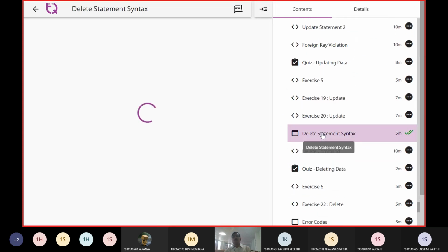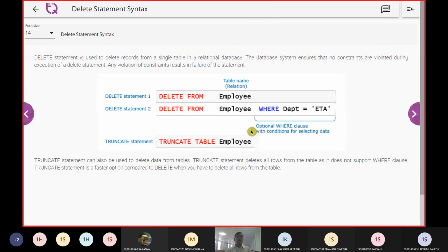The other data manipulation language command we need to look at is the delete statement syntax. So why are we going to use a delete statement? The delete statement is going to delete any type of record from a single table in a relational table.